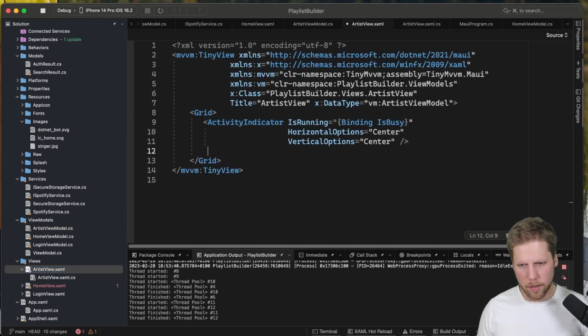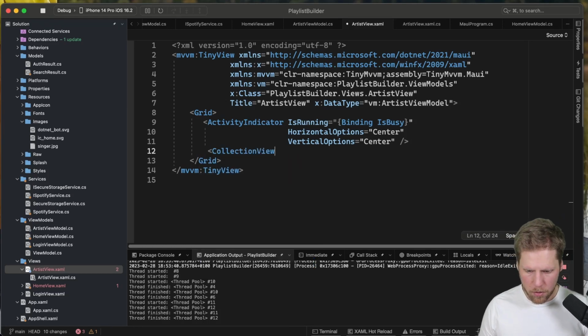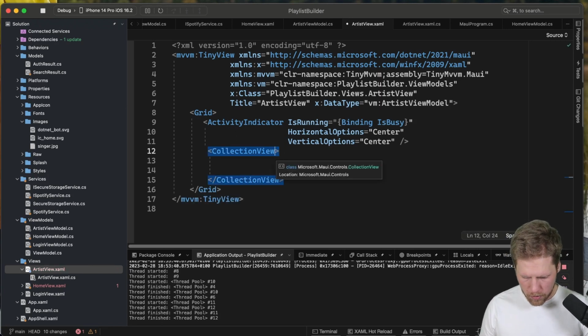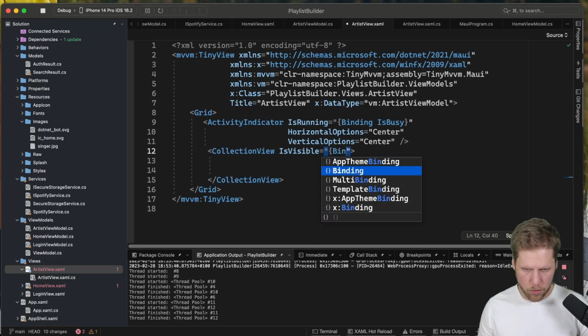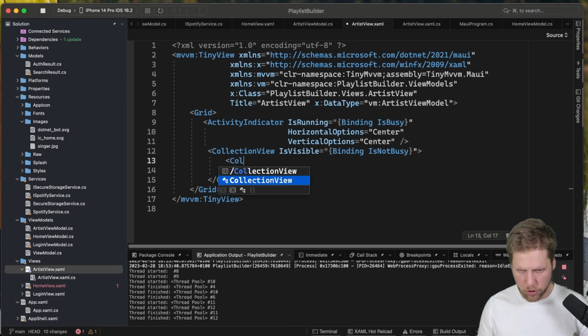Okay, so let's add a collection view, and we will have the top image as a header of the collection view. So collection view, like that, and then we set is visible, and bind that to is not busy. So it will only be visible when the activity indicator is not visible. And then we create collection view dot